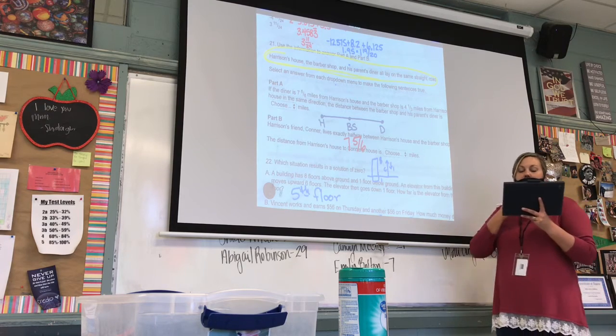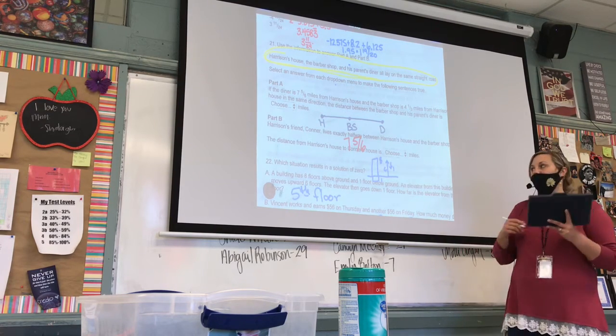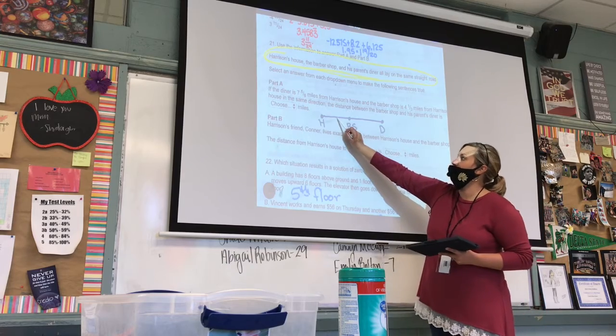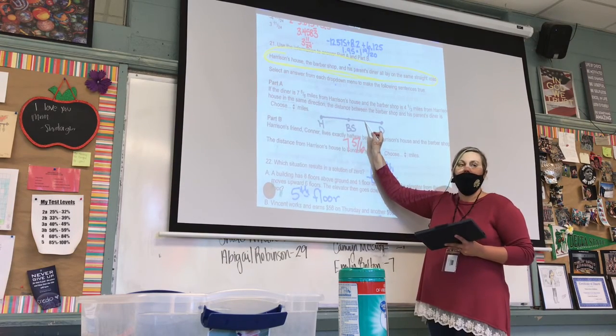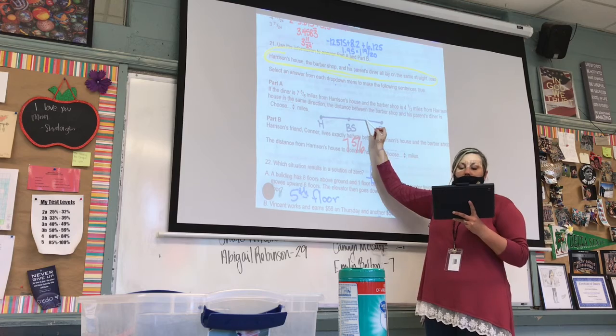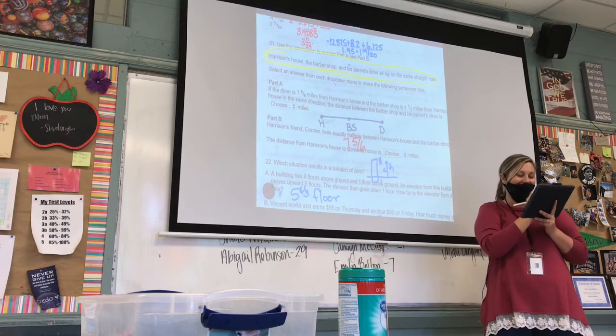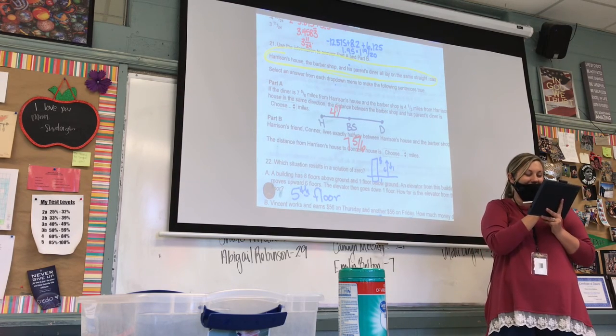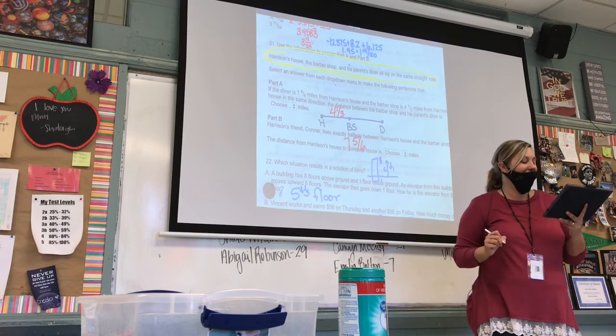Alright, it says from the barber shop to Harrison's house is 4 1/3. So do I put 4 1/3 there, or do I put 4 1/3 there? In between. I put it right there. I didn't realize that looked kind of ugly. Sorry. Alright, now we